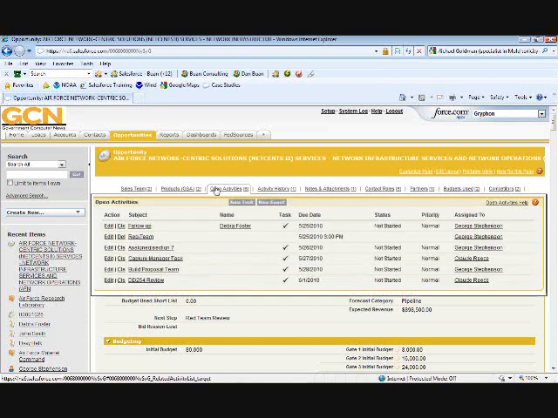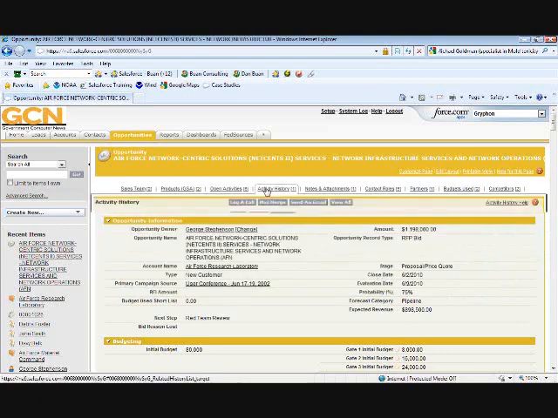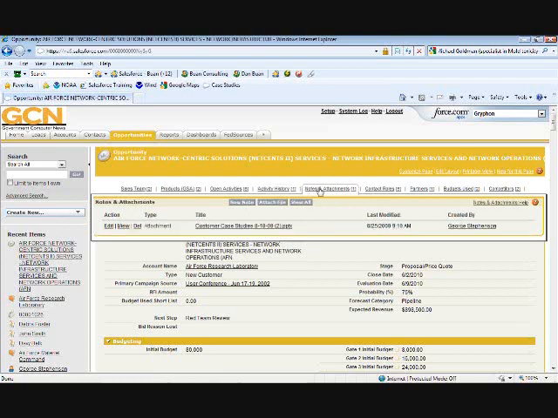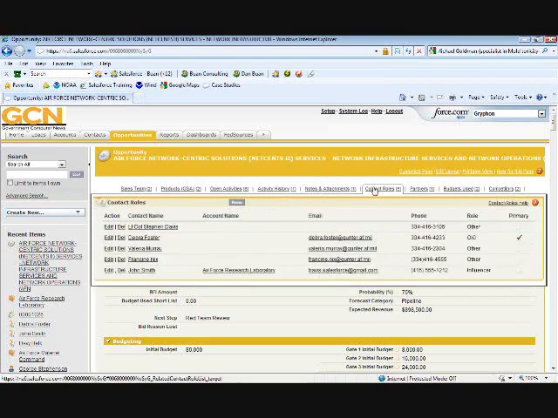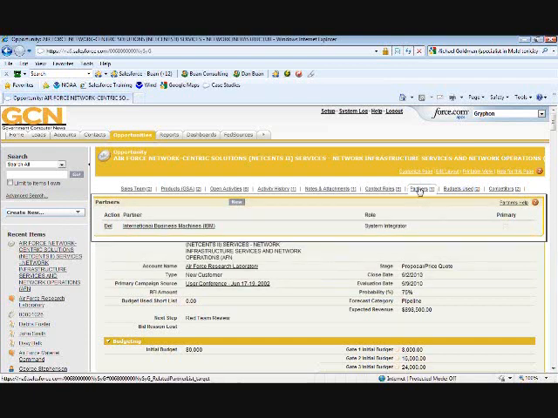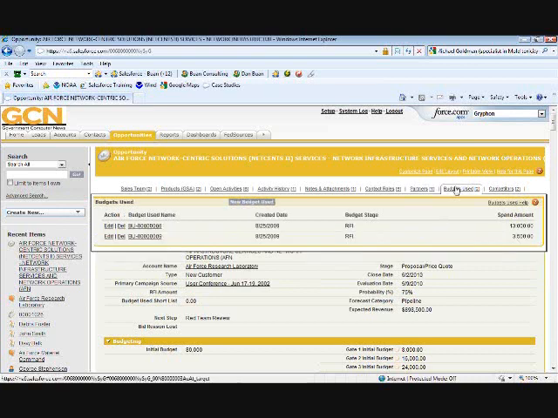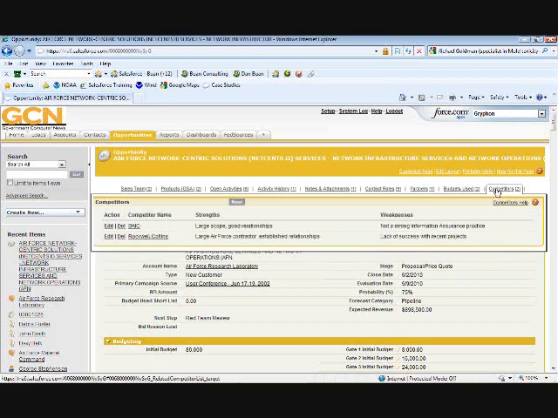I can also see any open activities that are occurring with this opportunity and what has happened in the past as well. There's a section for attaching notes, in this case a PowerPoint. It could be an RFP, it could be a proposal. I also have a list of all the customers that we've been touching for this opportunity. The other parts here we have partners. We're teaming with IBM, some budgeting information on the RFI, and also a list of our competitors, both their strengths